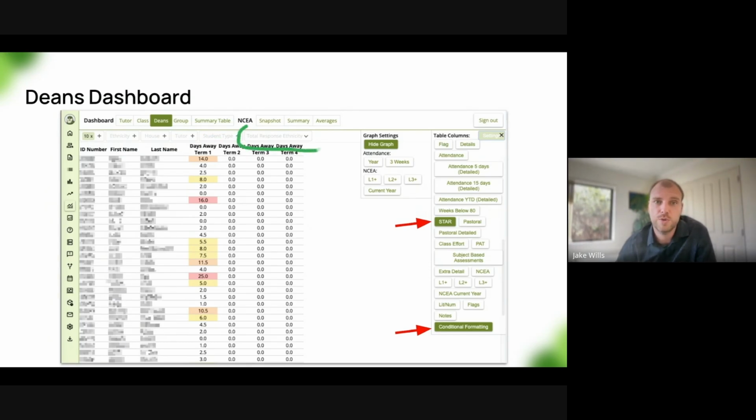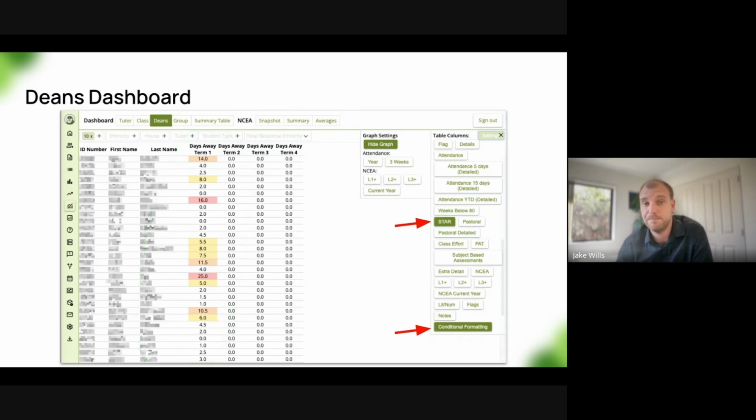And there's also this total response ethnicity. This is useful particularly for Pacifica students, because if a student identifies as Pacifica and Māori, then in the prioritized ethnicity, they end up in the Māori group, which means they don't then count in the only Pacifica group. So if you use the total response ethnicity, any student that identifies as Pacifica will show up as Pacific. And again, I've got the star and the conditional formatting, so I can see here all of the students